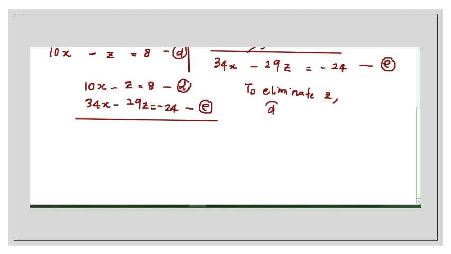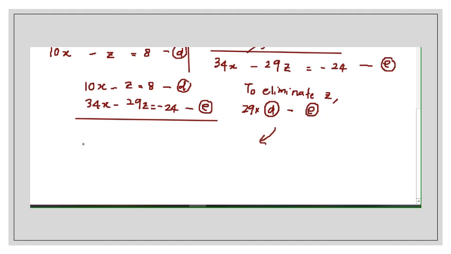equation D and equation E, we make equation D and E variable z equal coefficient. That is, equation D multiplied by 29. Equation E is already coefficient 29, and then we minus. So right here you get